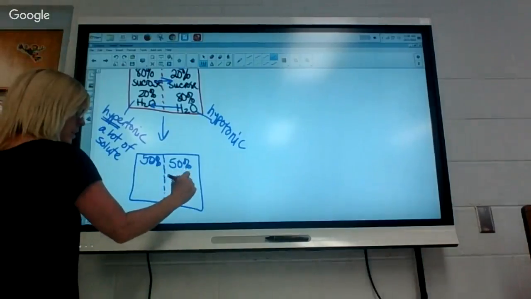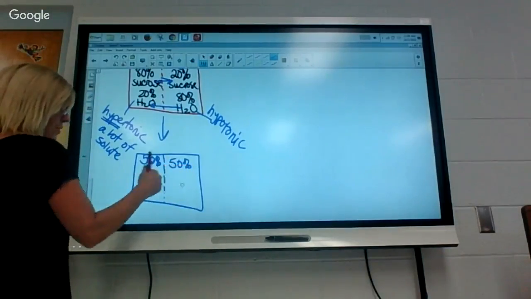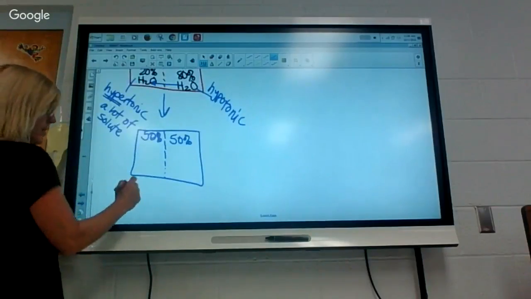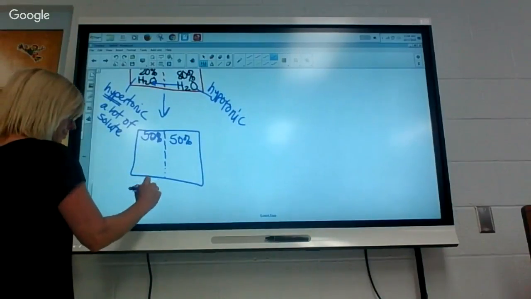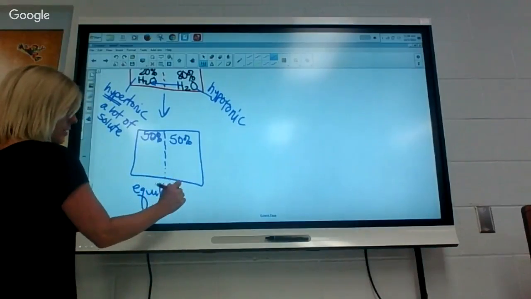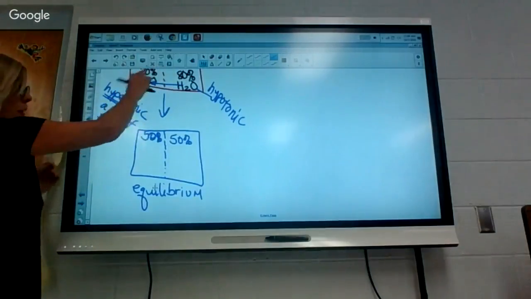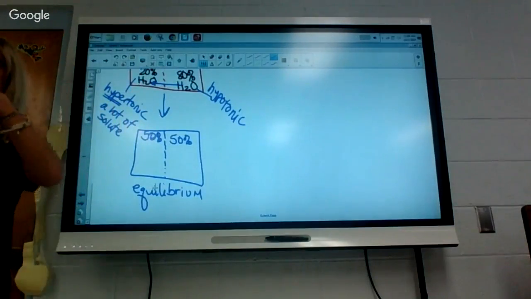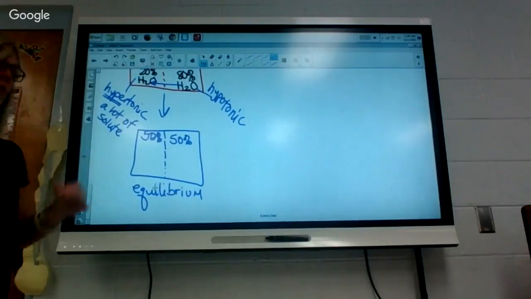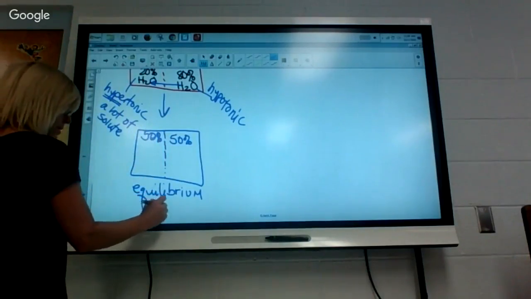Oh, yeah. So I'll just put 50%. Be 50% on both sides, and that is equilibrium. So they say what decides what moves? It's the concentration gradient. It's the difference. A gradient's just a difference. So it's the difference in two sides. You always compare, or isotonic,